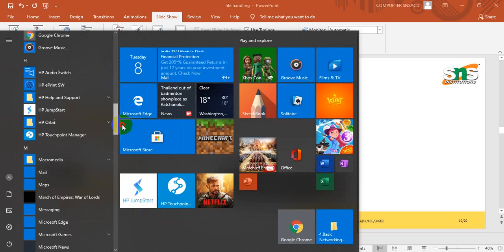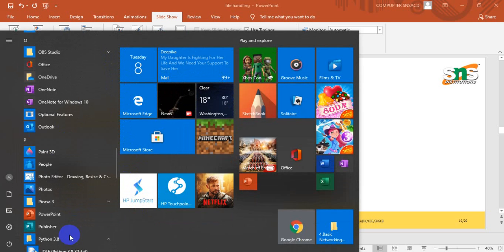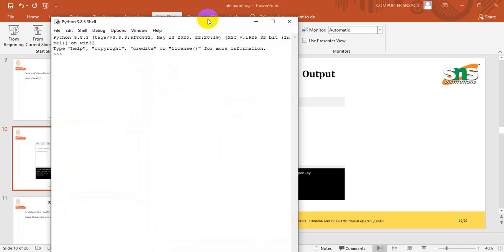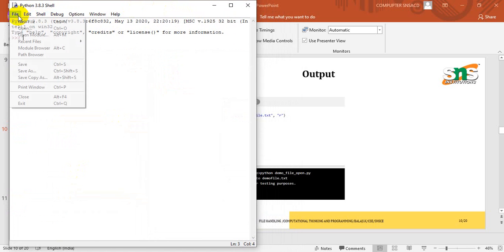So I'm going to Python, clicking IDLE. If you do it in a demo session, it will be good. There is script mode and shell mode, and I'm going to do it in script mode. For that, File, New.